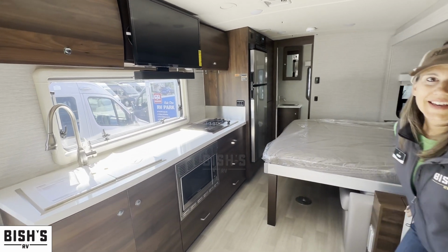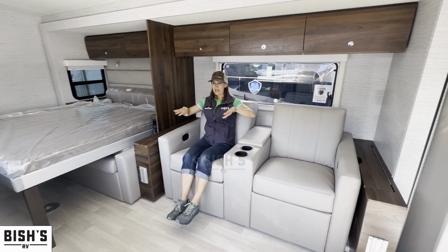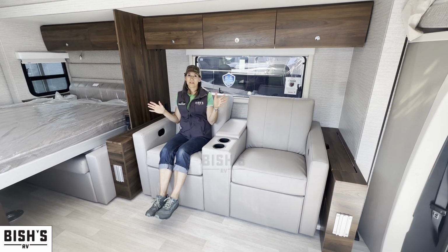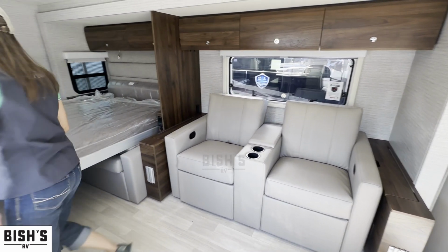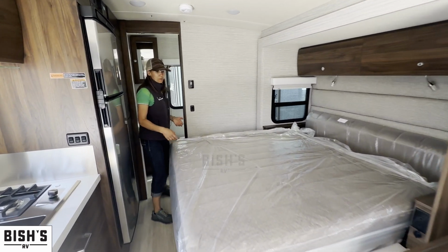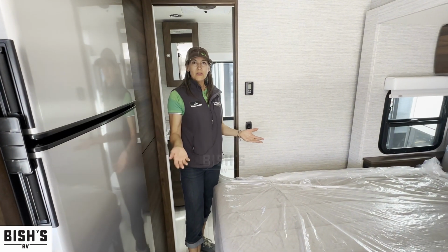So reclining is also something that people love. So these recline, they go all the way out and you can actually push it to where you're in the lay down position. So watch some TV, enjoy a relaxing sit here. And when the bed is in the up position, you still have a lot of space to go back and forth. But as you can see, when it's down, you can still walk around just fine and get to the